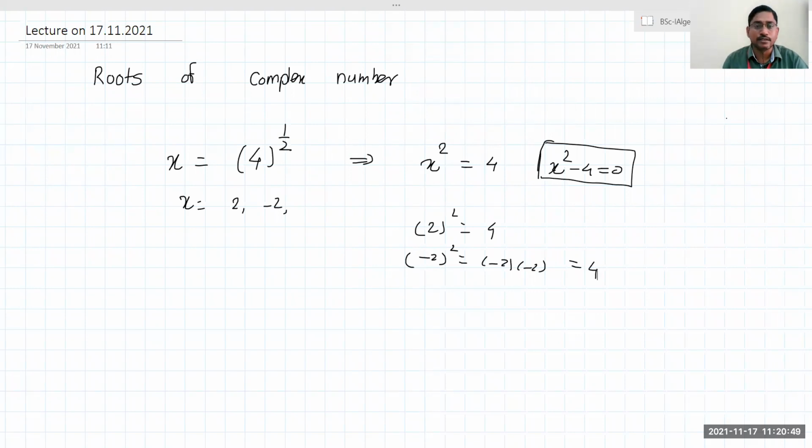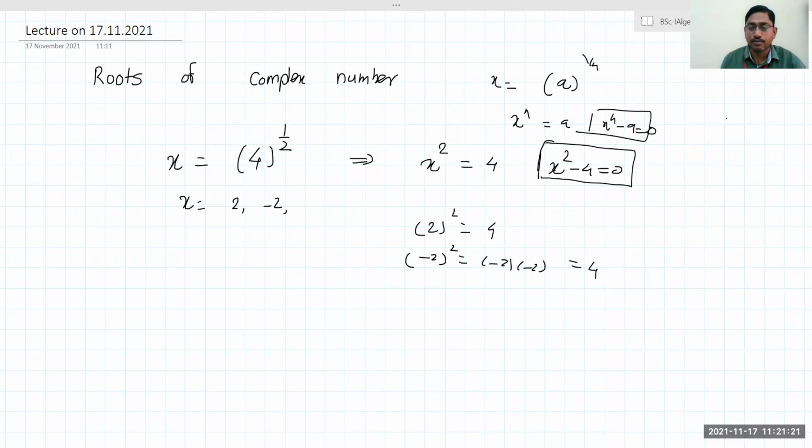Now this is square root finding. You may find cube root, you may find fourth root, and so on, the nth root of any real number. Suppose a is a real number and we want to find its nth root. So x is that number, that means x raised to n equal to a, x raised to n minus a equal to 0. This equation we are going to solve. You will get total n values for this x. Those values may be real or complex, due to the fundamental theorem of algebra.